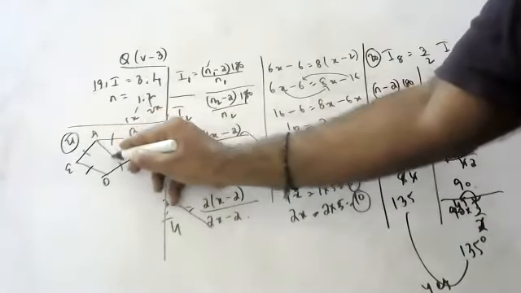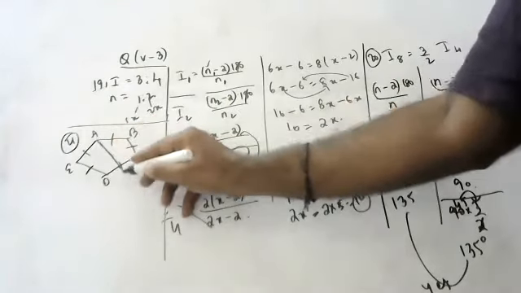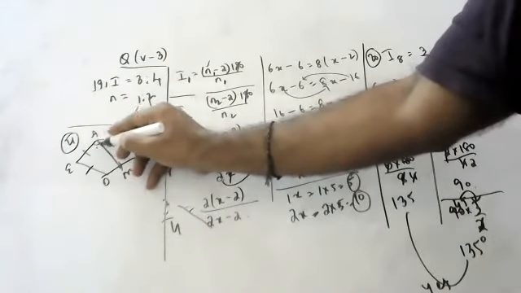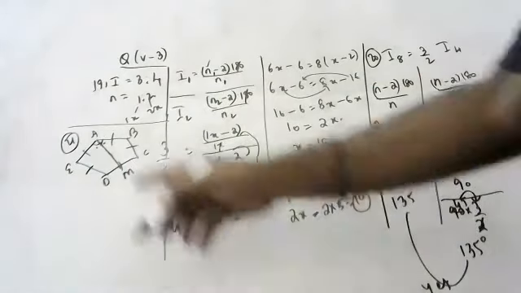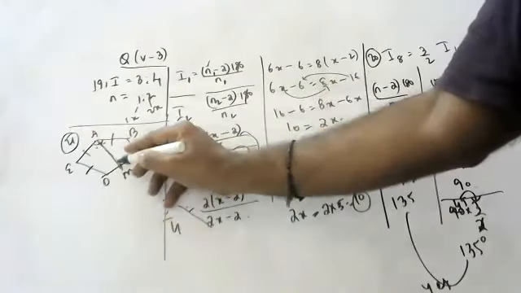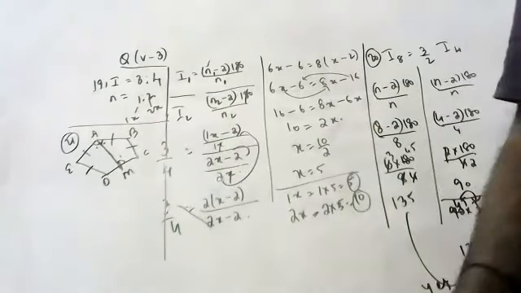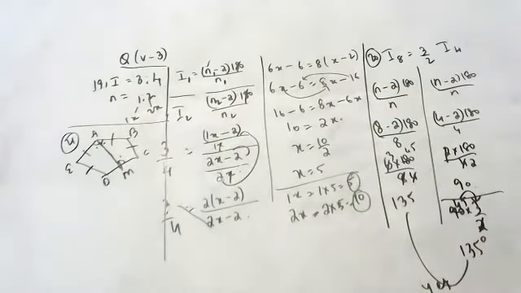The bisector here meets at M. Children, what is meant by bisector? This angle and this angle will be equal. Show that angle AMC is what? What is this angle it is asking? That's all, children.